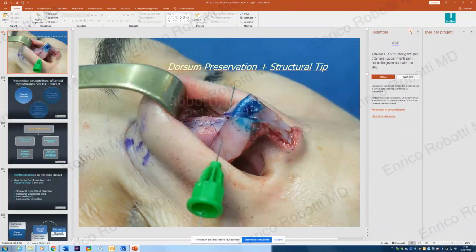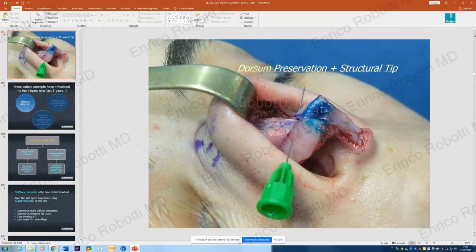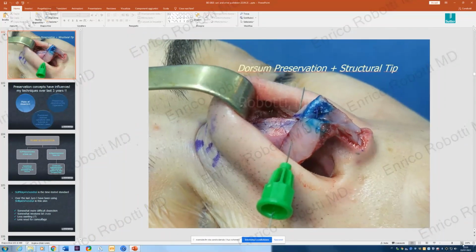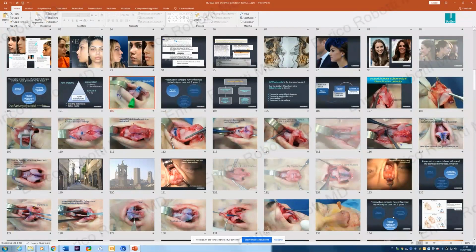No, because although I respect, of course, people like Boris and other friends, I really don't want to take the trouble to do this closed. I'm so used to opening, and so I will still open. I will do my tip in a structural way. But